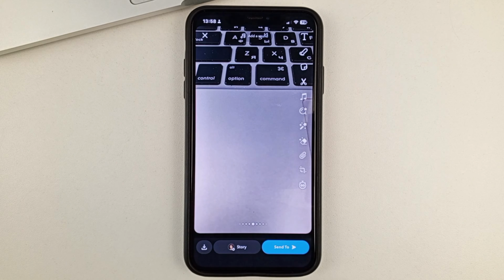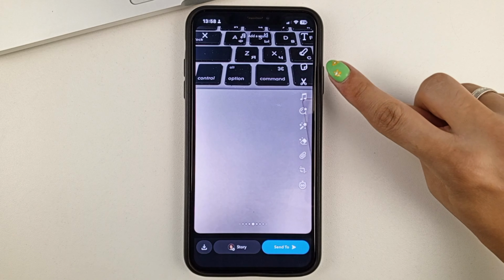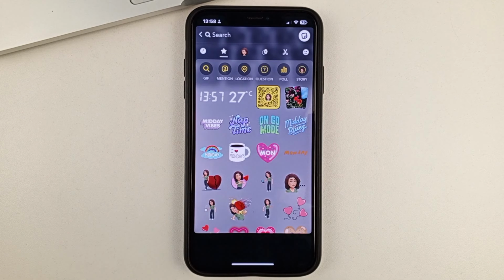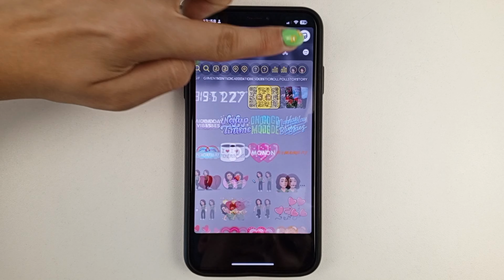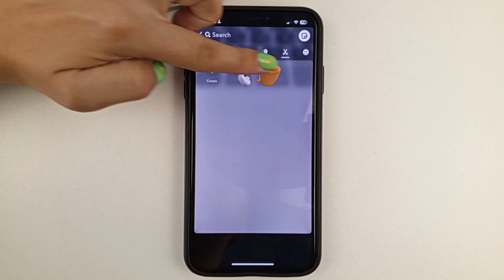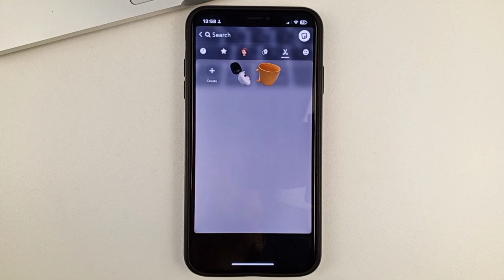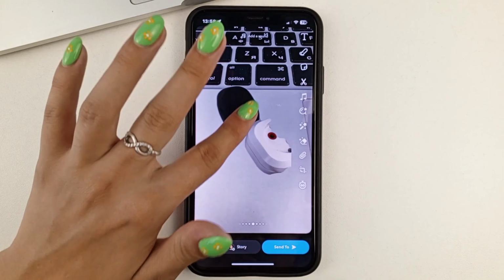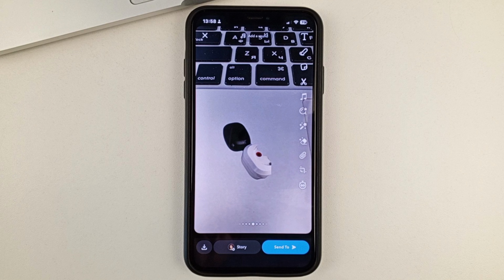So when you take the next photo, in order to find the previous sticker you've already taken, you'll need to click on this sign above the scissors. Next, click right here on the scissors. And here, as you can see, there are stickers that I made beforehand in Snapchat, and they're saved automatically. You can click on them, they will appear, then you do what you need to do with them, and after that you can put the photo with stickers in your history or send it to some of your friends.